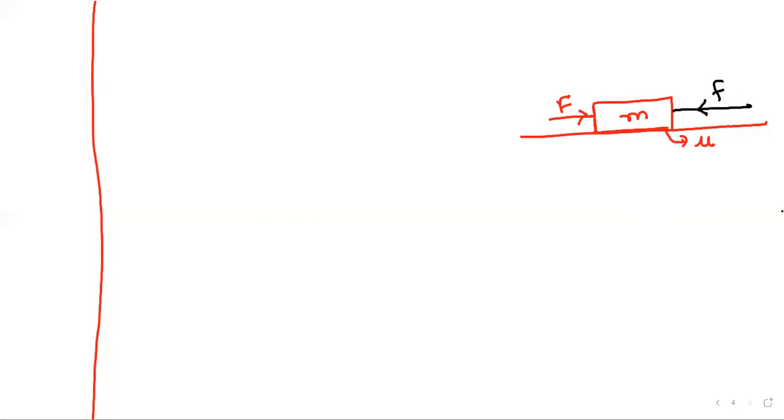Now, suppose on a horizontal surface I have an object of mass M. Whenever we apply a force, we have a coefficient of friction, mu. With respect to the coefficient of friction, we have a frictional force. This is the forces along the horizontal direction. Along the vertical direction, from the center of the object vertically downwards,